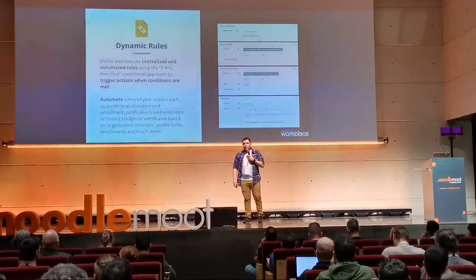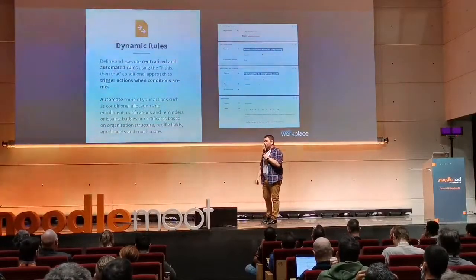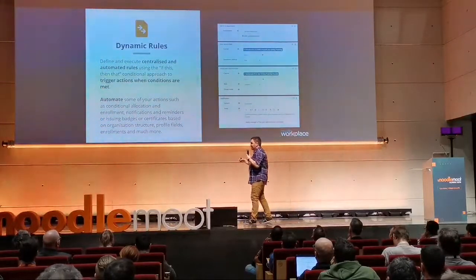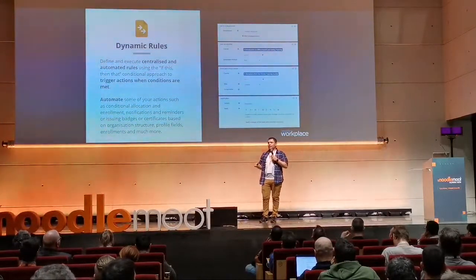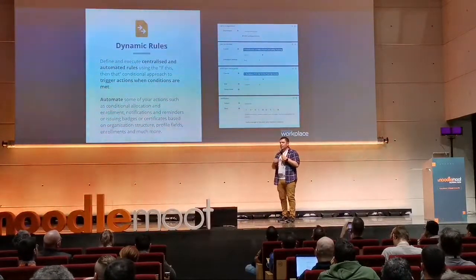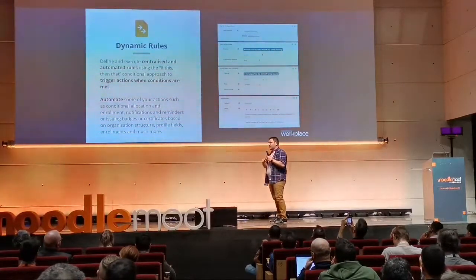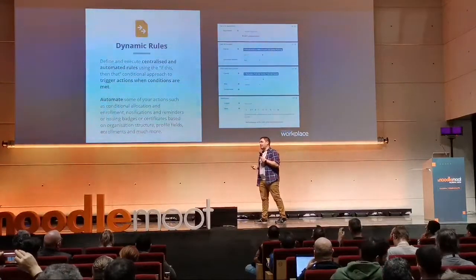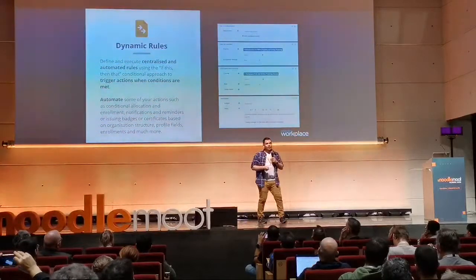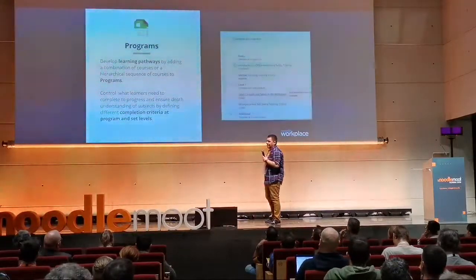Okay, this feature is key for automation. It's so powerful that even some of our partners, Factories, I will mention after, managed to upgrade an existing site based on competencies, because they use competencies to automate enrollments and to define learning pathways. They upgraded the site to Moodle WordPress and just using organization structure and dynamic rules in less than a day, and they got the same result. So this is extremely powerful. You can automate anything using dynamic rules, but you will be able to see it in there, because I only have 5 minutes.